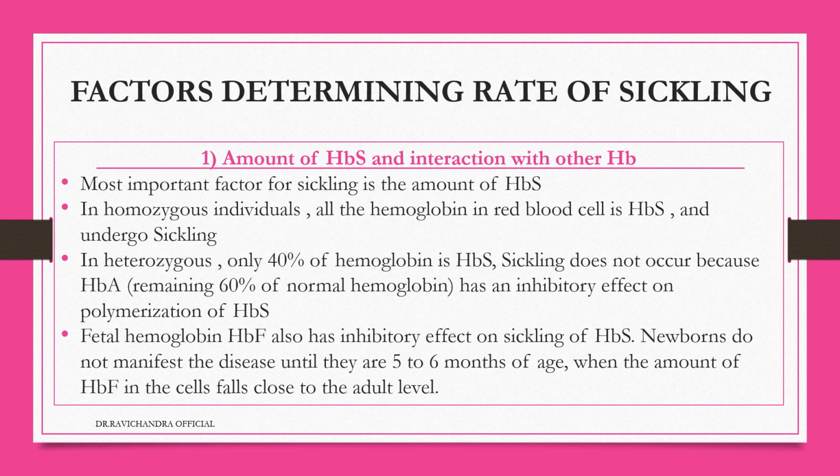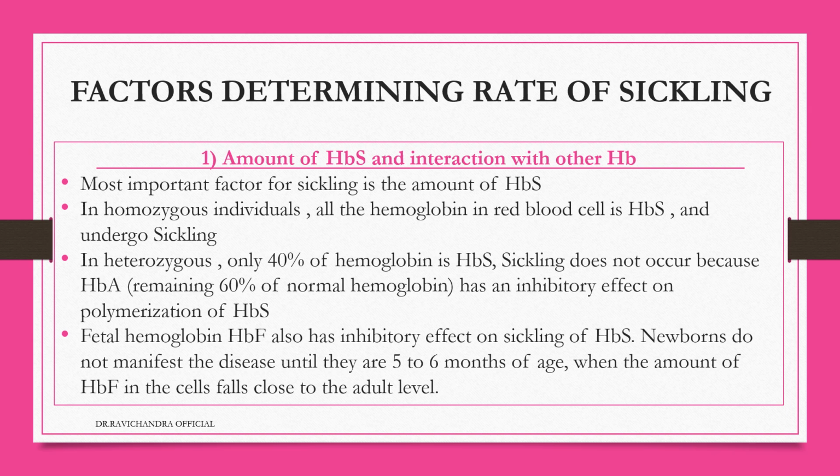Factors determining the rate of sickling. This can be asked for a 6 marks question or a 3 marks question. Amount of HbS and interaction with other hemoglobins. Most important factor for sickling is the amount of hemoglobin S. In homozygous individuals, all the hemoglobin in red blood cells is hemoglobin S and undergoes sickling. In heterozygous conditions, only 40% of hemoglobin is HbS. Sickling does not occur because HbA, which is the remaining 60% of the normal hemoglobin, has an inhibitory effect on polymerization